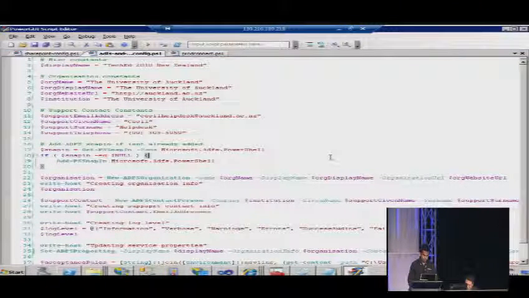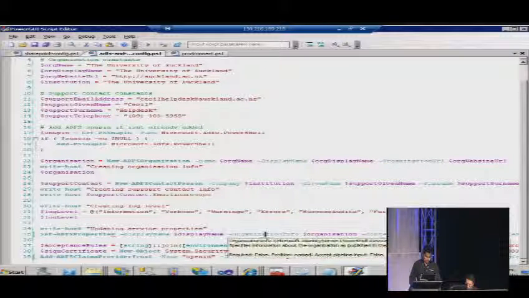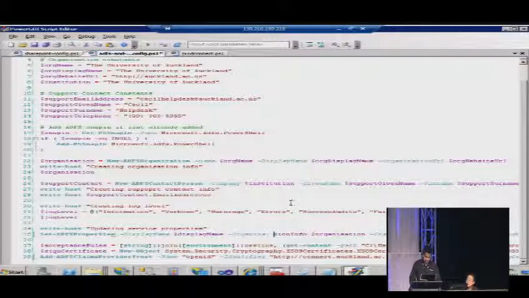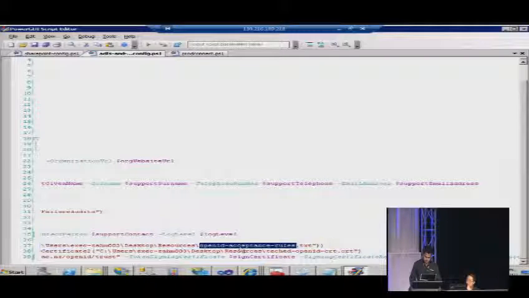Okay, I'll show you the code before. This is all through PowerShell. I can go ahead and change some of the properties in ADFS, like the organization info. It's saying that it's part of the University of Auckland, with some contact information. And right at the end, what we see is we're grabbing some rules from a text file, which is basically the OpenID acceptance rules,